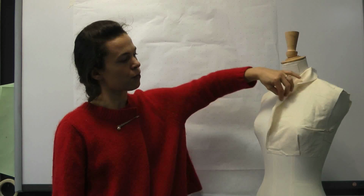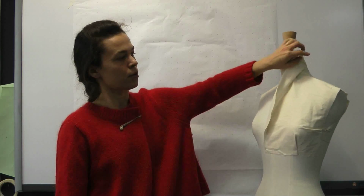Hello everybody, today we're gonna make a grown-on collar, which is this one. If you remember, last week we made a shirt collar, like a typical shirt or school uniform collar, which sits on top of the neck of your body. This time, this is a very curved, smooth collar, which actually grows out of your front body,